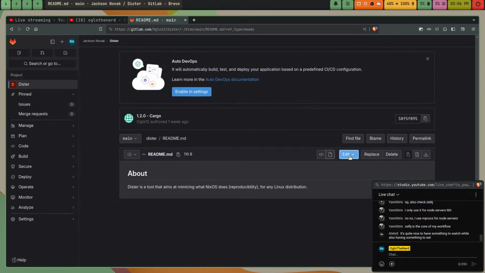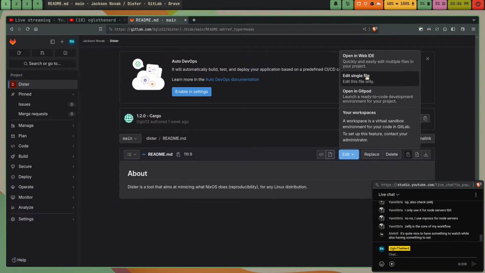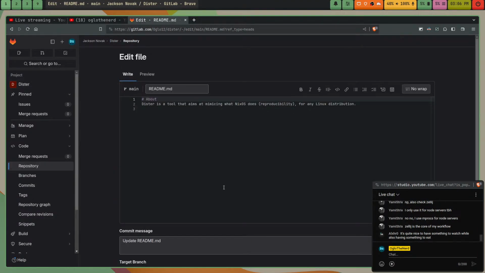README.md, edit single file. What would happen if I did this? Wiki, like that. Wiki,